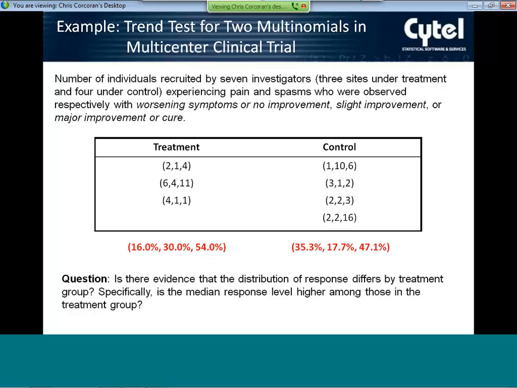So in other words, we might want to specifically test whether or not the median response level is higher among those who were treated than those in the control group. And ordinarily, we would do that using some sort of Wilcoxon test. But here, the key is that because the individuals within site are likely correlated, we have to account for that as well. Well, now in StatXact in the correlated data module, you can carry out a Wilcoxon test for clustered data, and